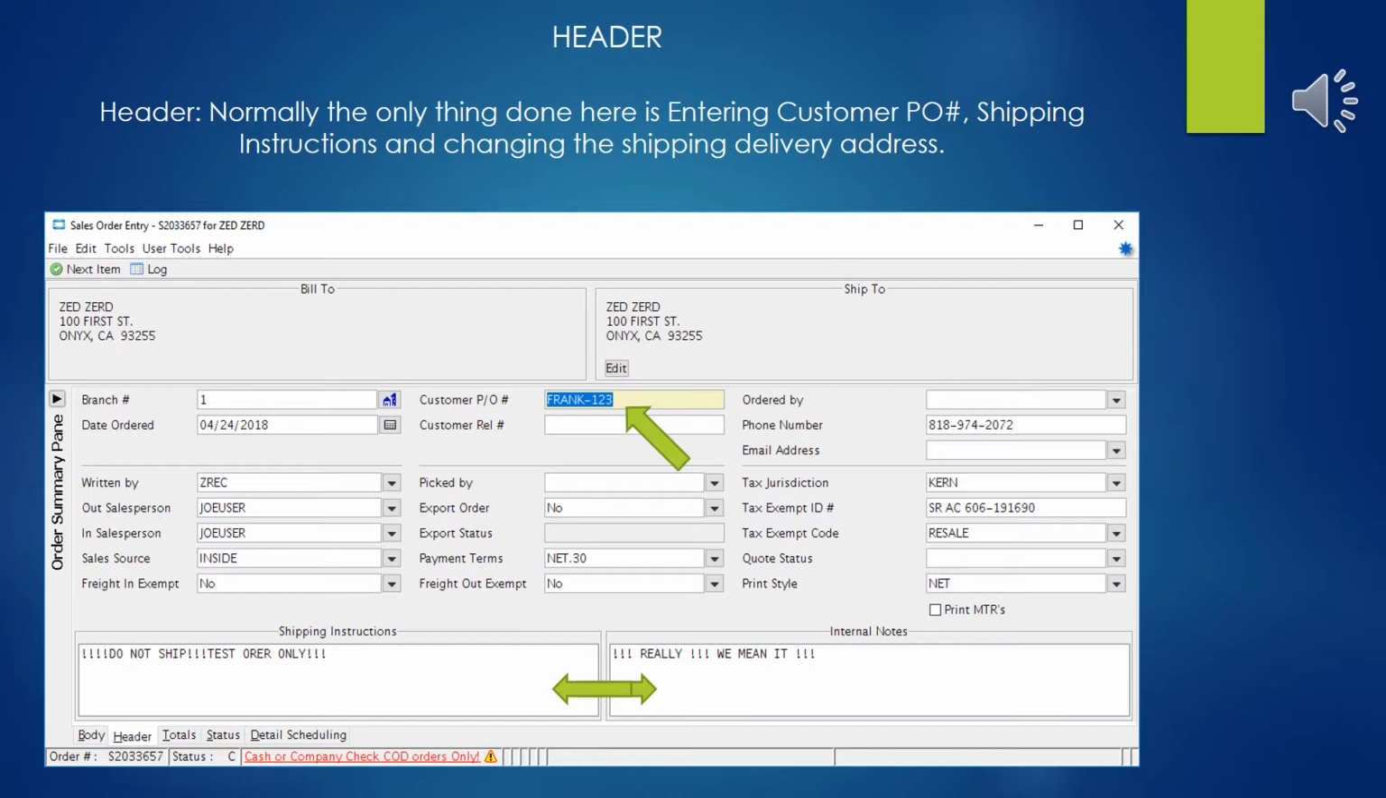And typically, you may also put in some notes for shipping instructions. And you'll notice, of course, there's two types. There's shipping instructions and there's internal notes. Shipping instructions will print in the shipping instructions section of the sales order. Internal notes are just for internal employees and do not print anywhere, and therefore the customer will not